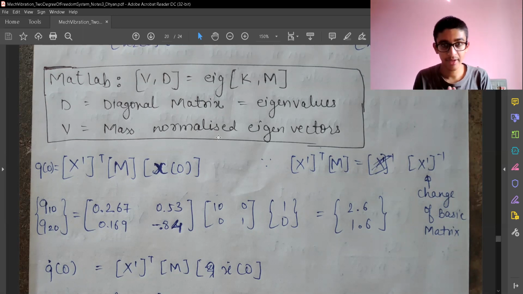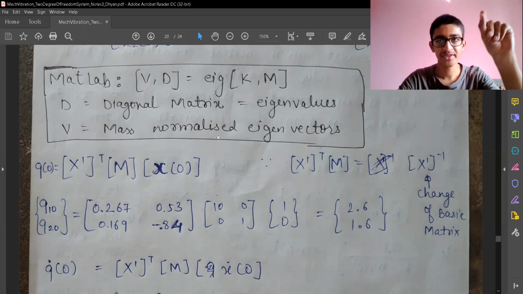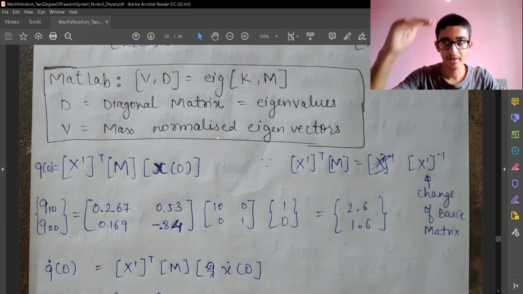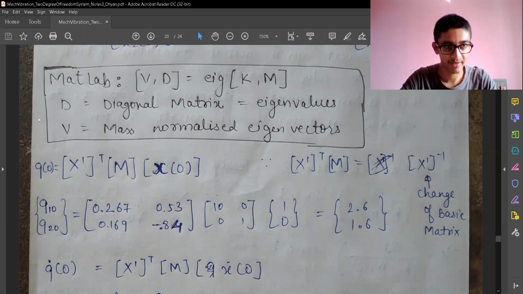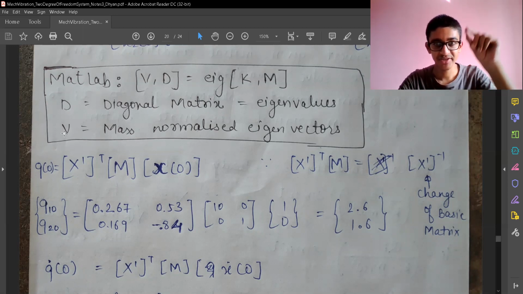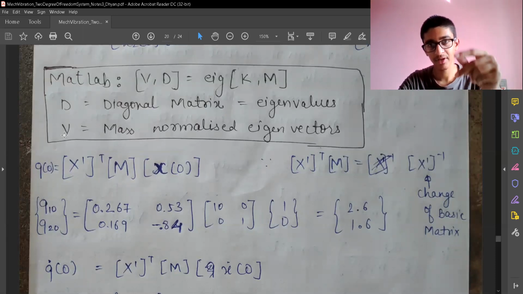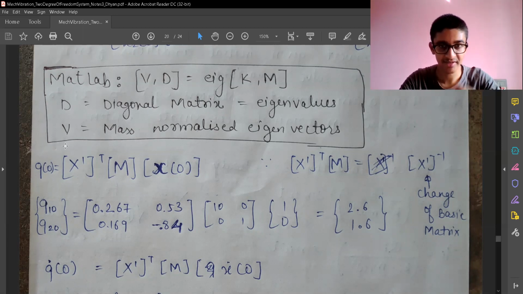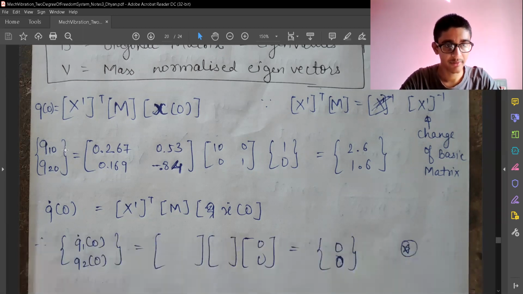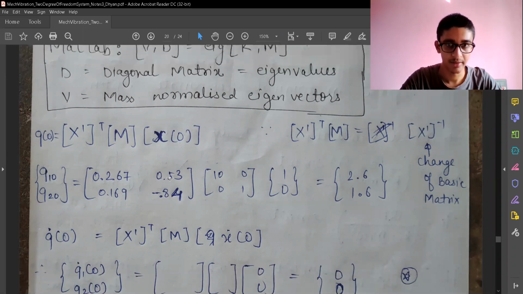And how can you figure out which vector is related to which eigenvalue? The first entry of the eigenvalue will be related to the first column of the eigenvector matrix V. V will be a very large matrix depending on the size of D, or the number of eigenvalues. The first eigenvalue corresponds to the first column, the second eigenvalue corresponds to the second column. That is how we can figure out which eigenvector is related to which eigenvalue. So from there we can get the eigenvectors.